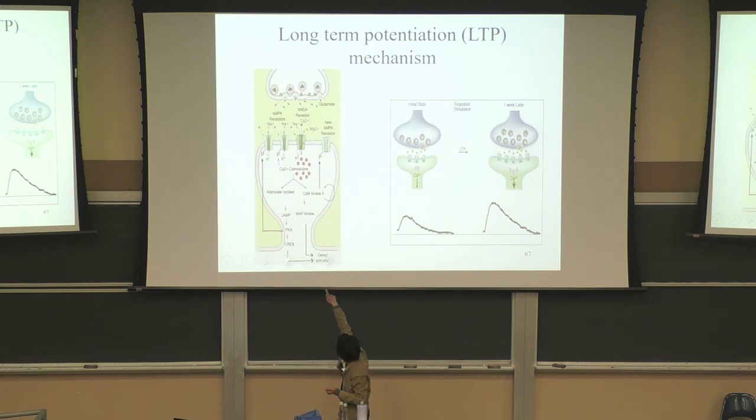And the third thing that happens is that you activate these other pathways that are dependent on cyclic AMP and MAP kinase, and then they go into the nucleus of the cell and activate the transcription of target genes. And then those genes that are transcribed produce proteins that are necessary to make new components for new synapses.